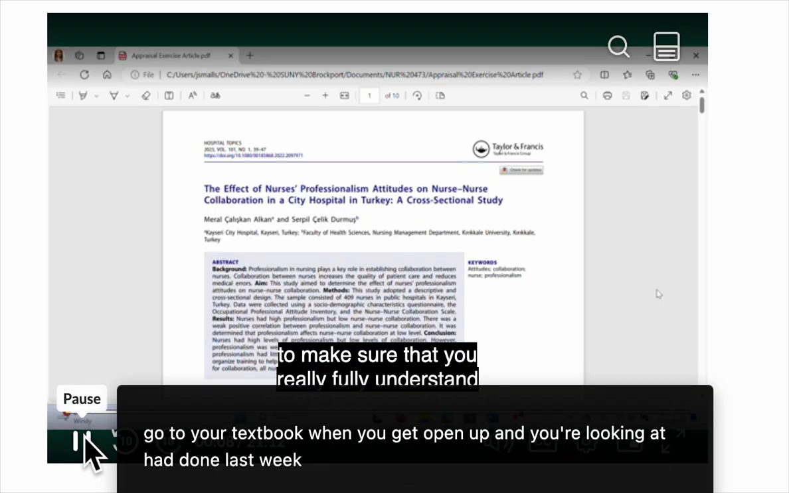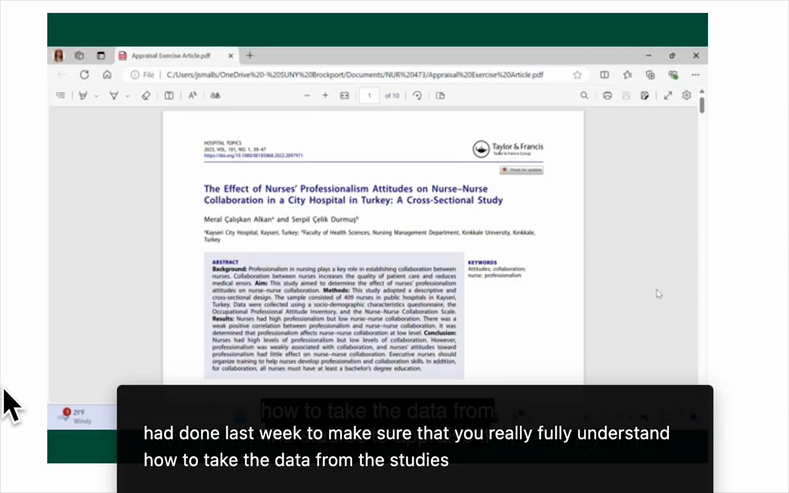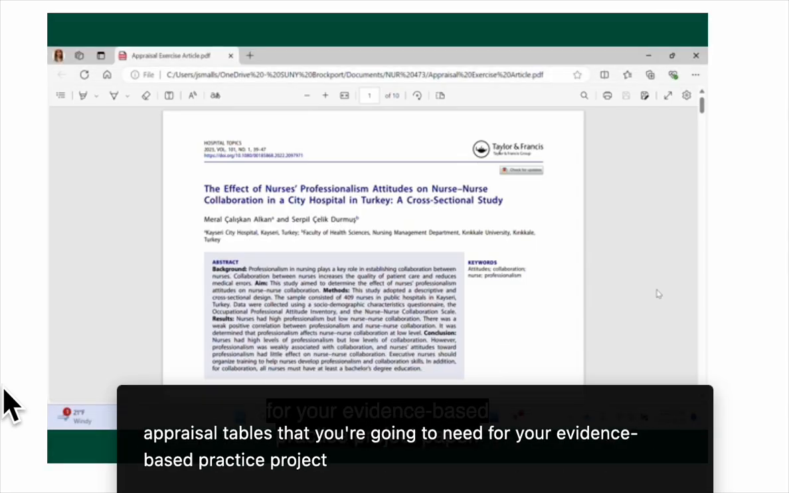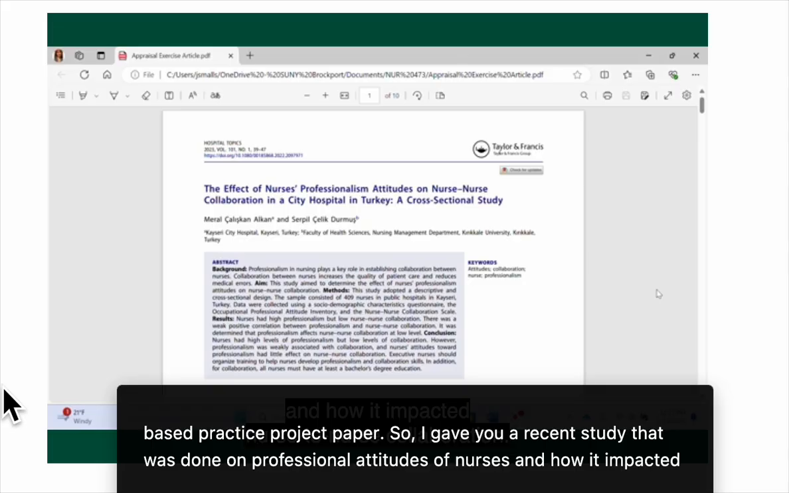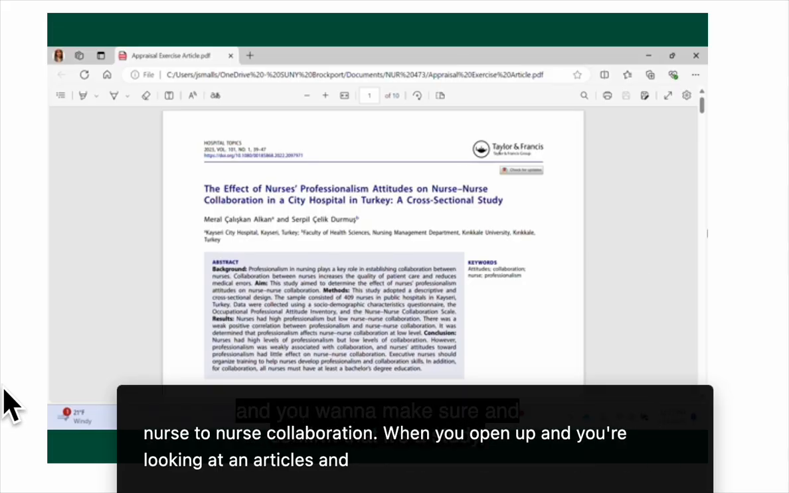done last week to make sure that you really fully understand how to take the data from the studies to appraise it for the appraisal tables that you're going to need for your evidence-based practice project paper. So I gave you a recent study that was done on professional attitudes of nurses and how it impacted nurse-to-nurse collaboration. When you open up and you're looking at an article and you want to make sure and confirm that